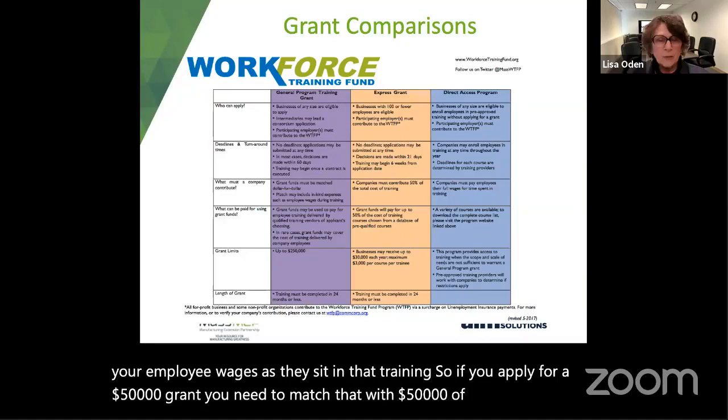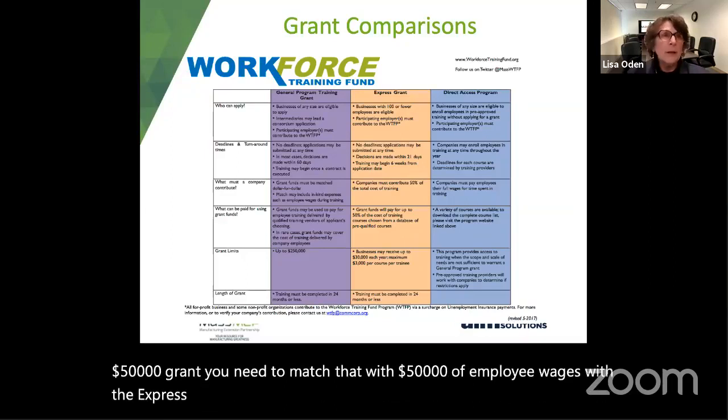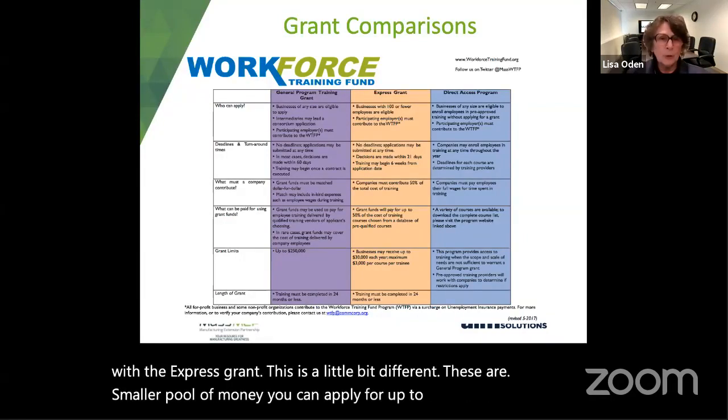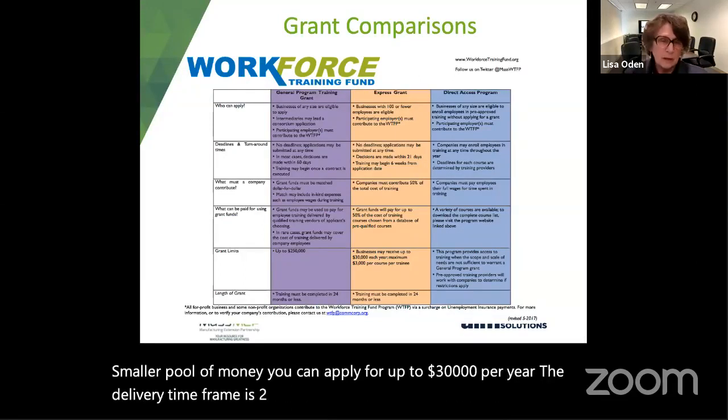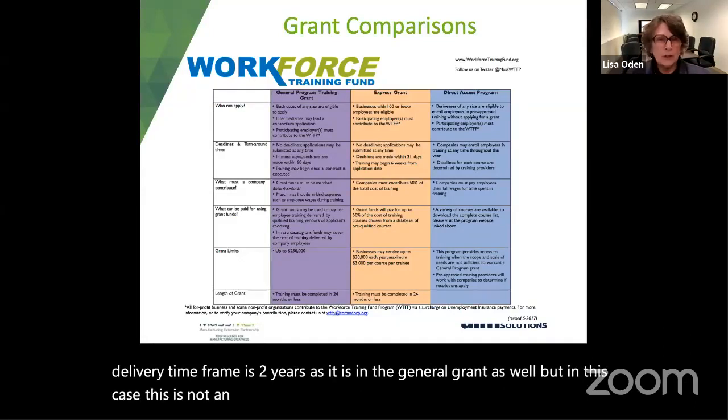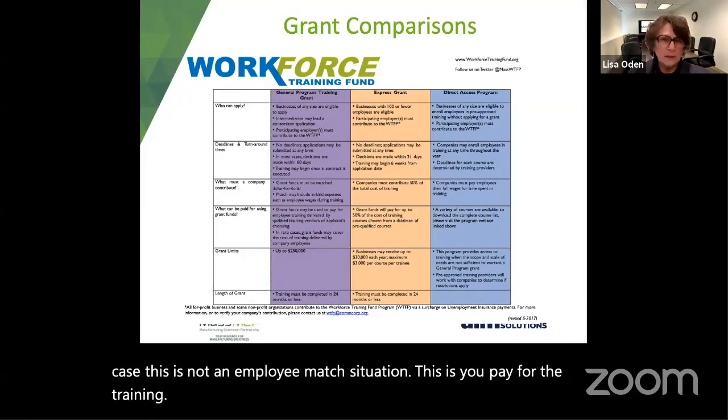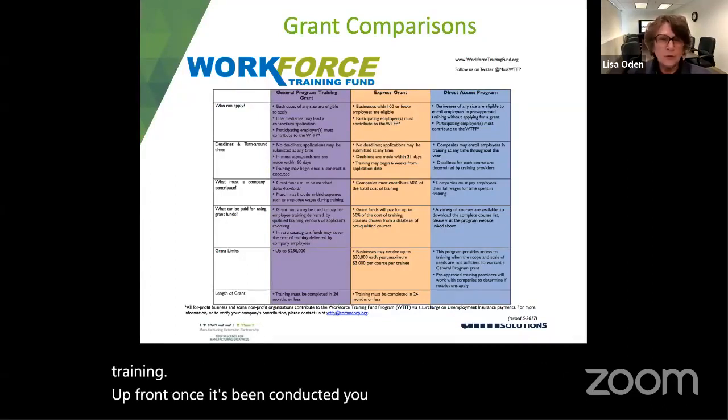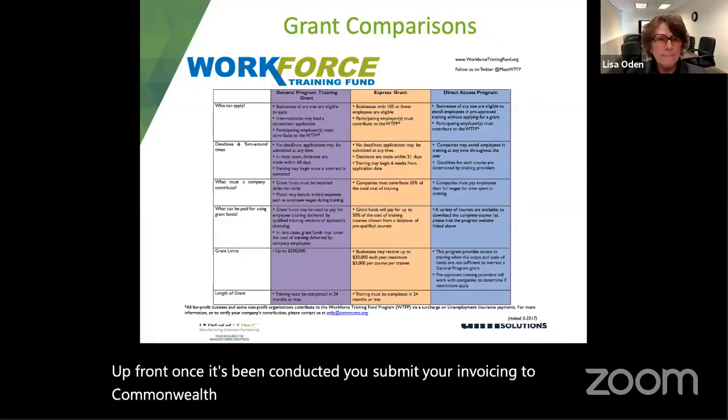With the Express grant, this is a little bit different. It's a smaller pool of money. You can apply for up to $30,000 per year. The delivery time frame is 2 years, as it is in the general grant as well. But in this case, this is not an employee match situation. You pay for the training upfront. Once it's been conducted, you submit your invoicing to Commonwealth Corporation, and they reimburse you up to 50% of that